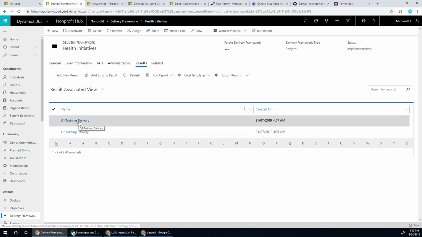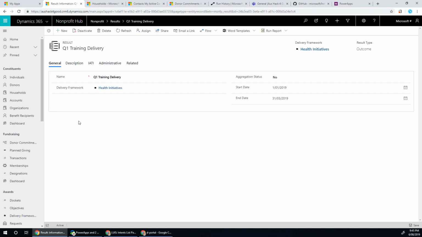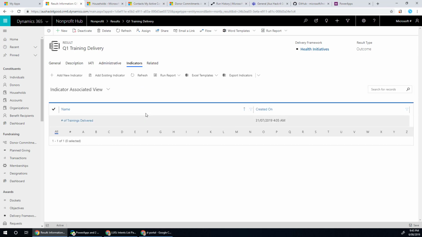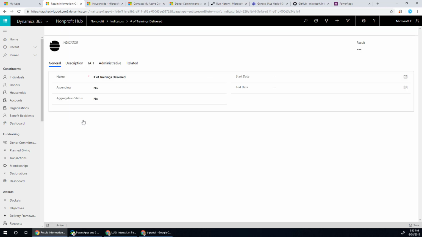But again, getting deeper into impact now, I can go in and look further into what are the indicators that are associated with it. So if some of you follow the UN Sustainable Development Goals, you'll see that most of these goals have indicator values associated with them as well. So it's that same concept that is an industry standard that people expect. So with this goal, I can see the indicators, the number of trainings that are delivered. So I'll go into the number of trainings that have been delivered as the indicator, but then I can go in and look further down into the indicator values as well.